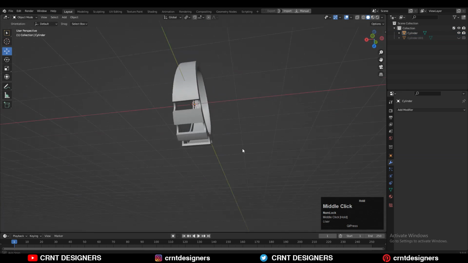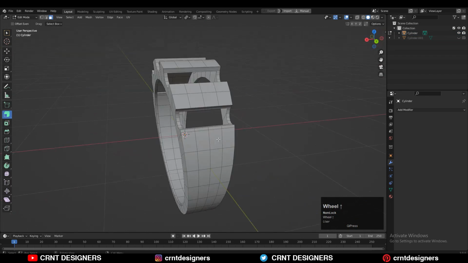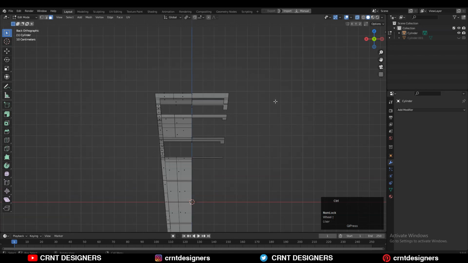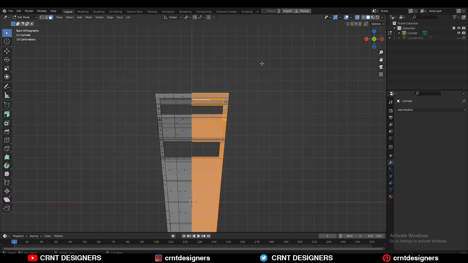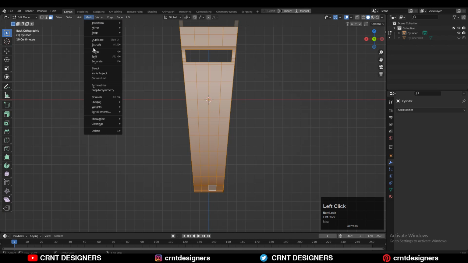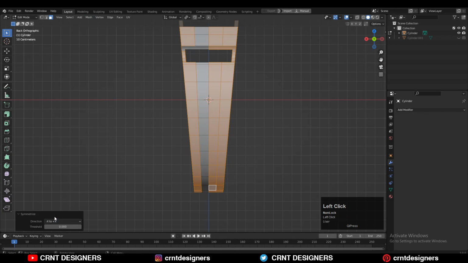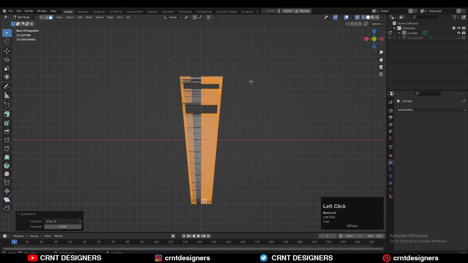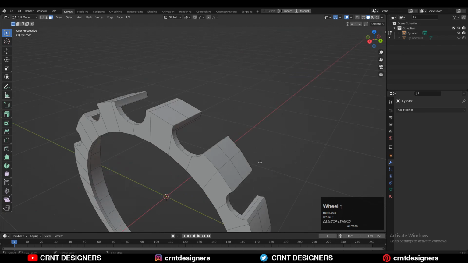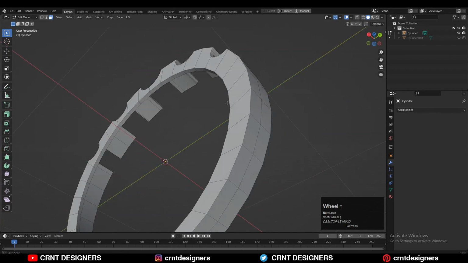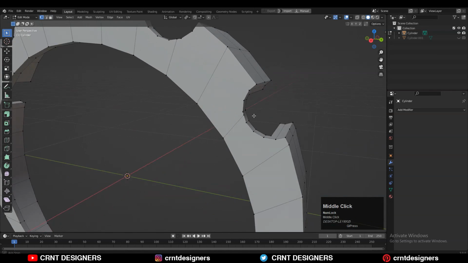And now the most important task, creating the right topology. Then you can turn on your X-ray mode and you can delete the one half of the model, but we are not able to delete here because all the faces don't have that center edge. So that's why I need to take the symmetry along the x-axis and then I will get that center edge for all the faces, and then I can turn on that X-ray mode and I can delete the one half of the model. So I can use the mirror modifier later on and I can take the symmetry.